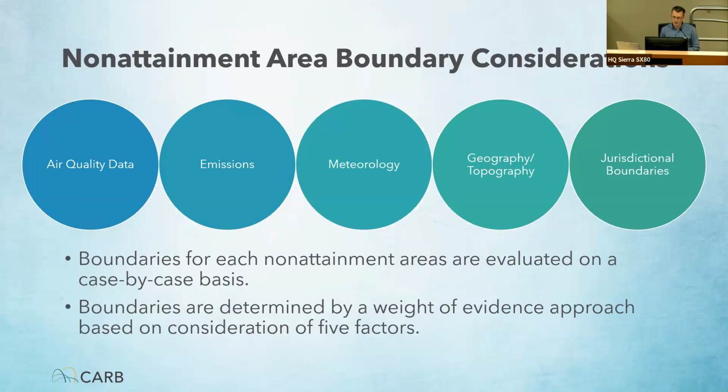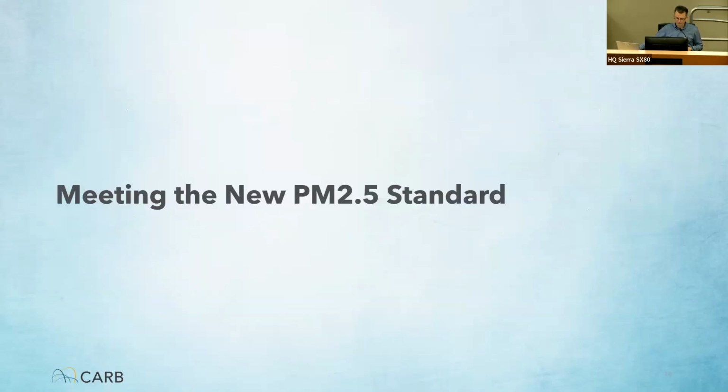For this new standard, we have some pre-existing boundaries for areas that will likely be used. And then you have new areas that have not gone through this process of designation before, that these factors need to be considered when drawing the boundary for the non-attainment area. After you have your boundaries, you've made your recommendations, and you then have a final designation for an area,